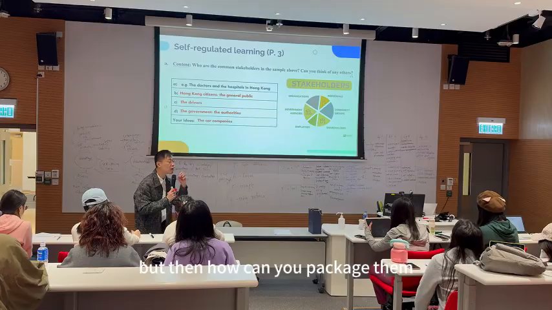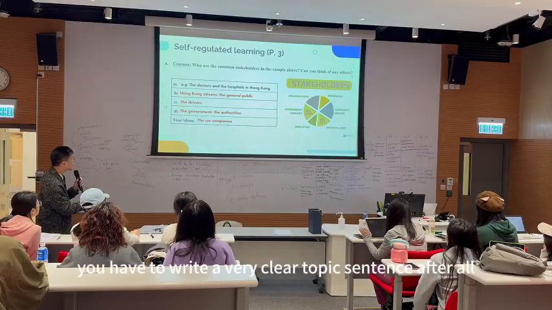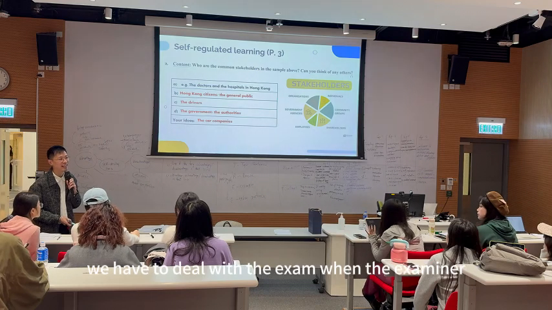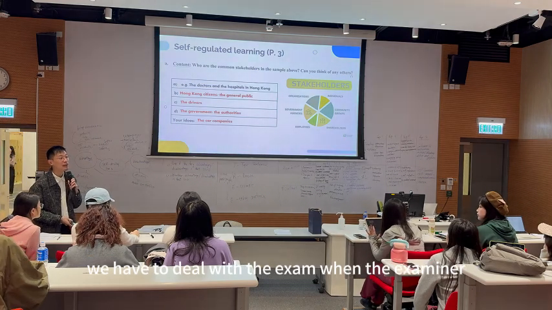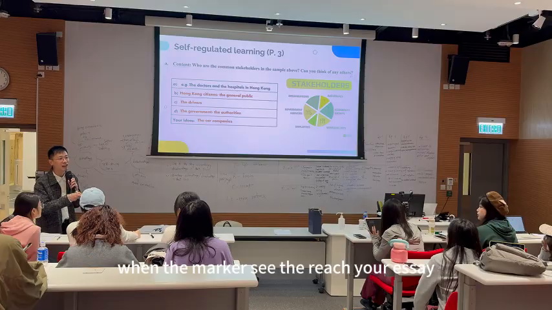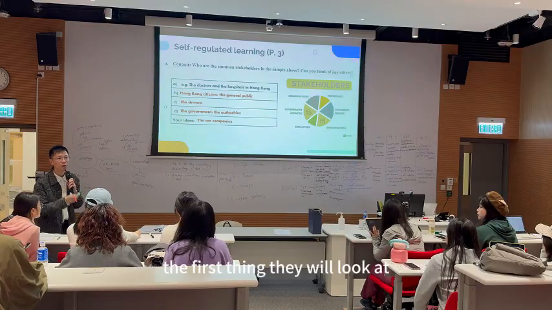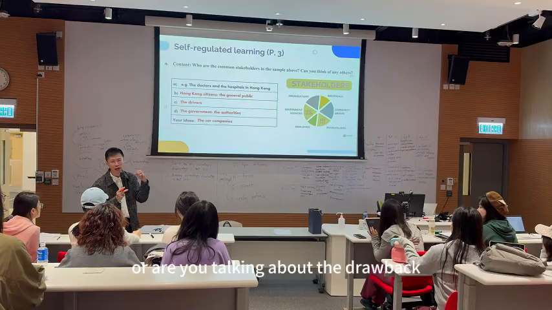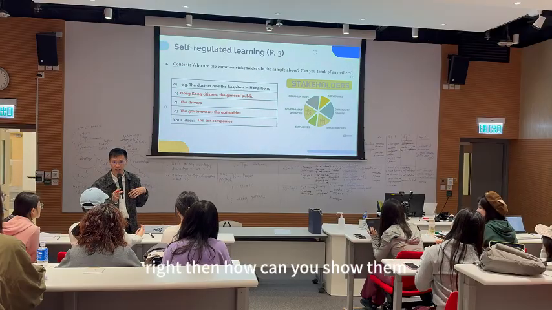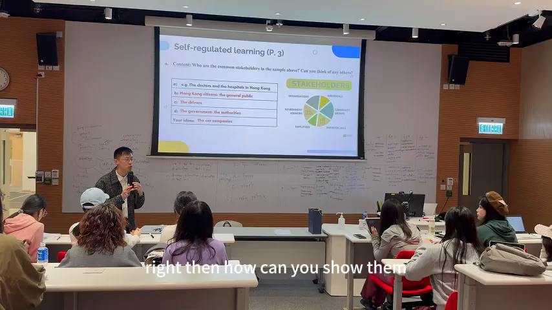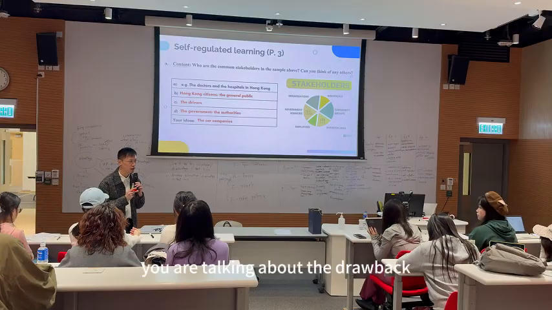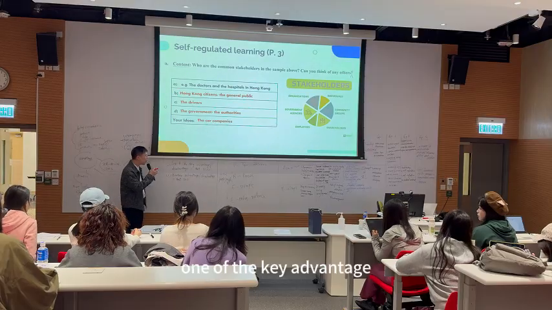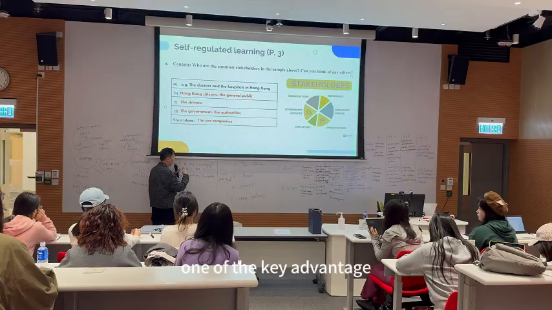Okay? But then how can you package them? You have to write a very clear topic sentence. After all, we have to deal with the exam. When the examiner, when the marker reads your essay, the first thing they will look at is, are you talking about the benefits or are you talking about the drawbacks, right? Then how can you show them you are talking about the benefit? How can you show them you are talking about the drawback? The first sentence is very important. One of the key advantages